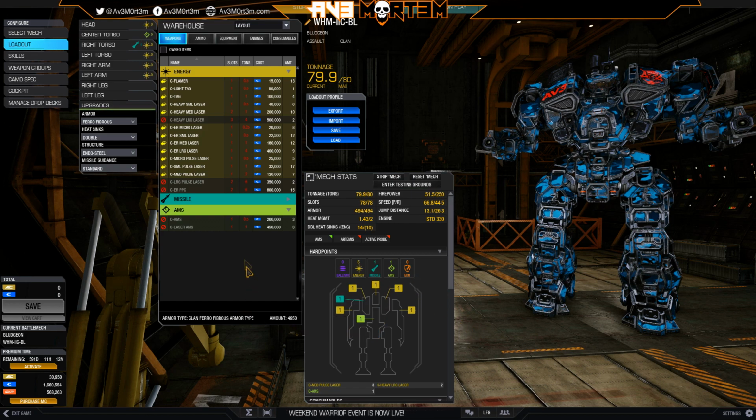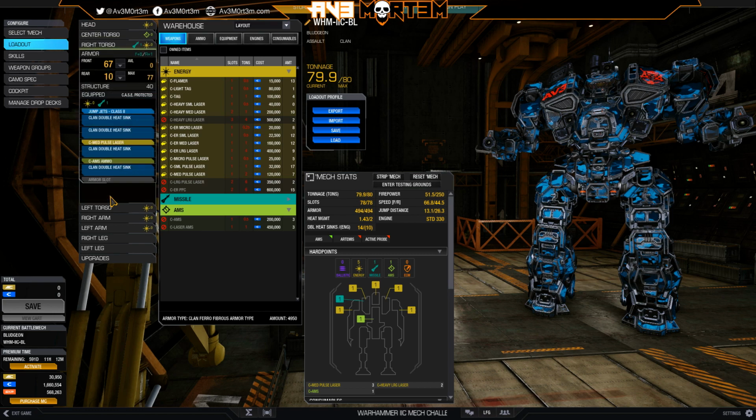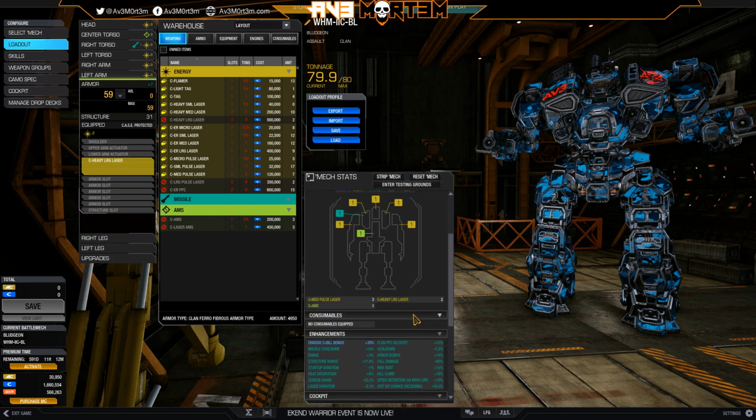Anyway, I just want to rehash really quickly. This is a laser vomit build. We're talking medium pulse lasers. We got the AMS against the LRMs. And then we got the 2 heavy lasers in the arms. I do want to mention that